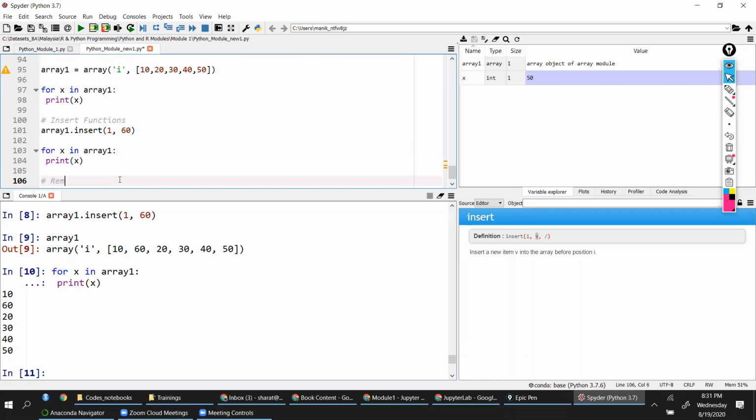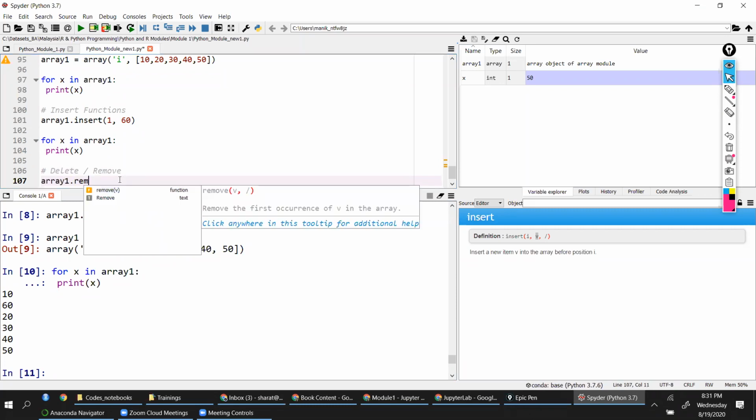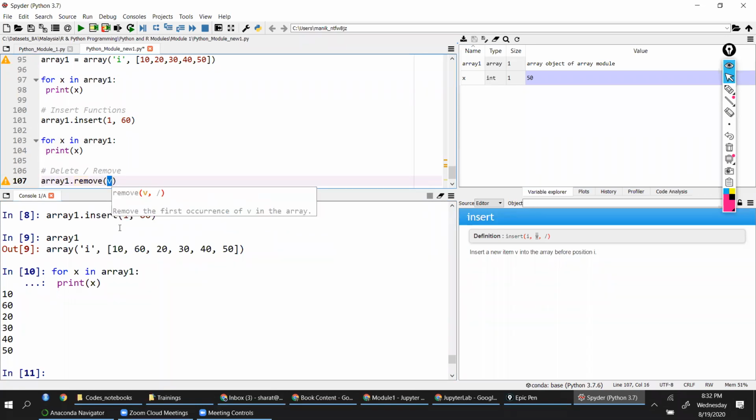Now, we've also seen the remove function or delete function. For that, we have array dot remove. You can see when I'm typing in Spyder, it shows that help. For the remove function, you don't need an index. It's not mandatory. You can just give a value.